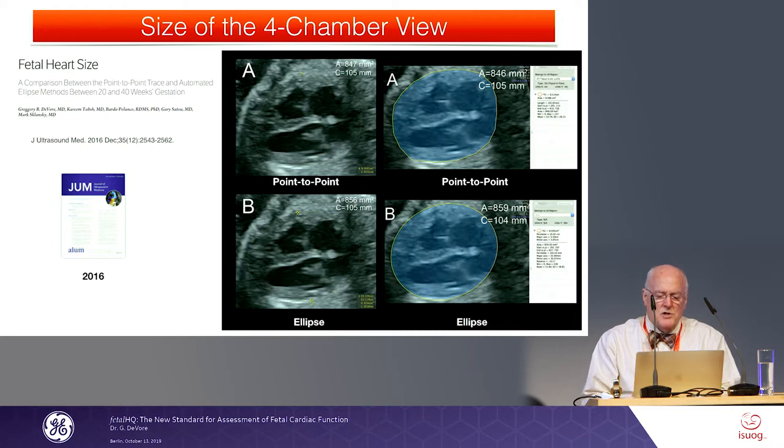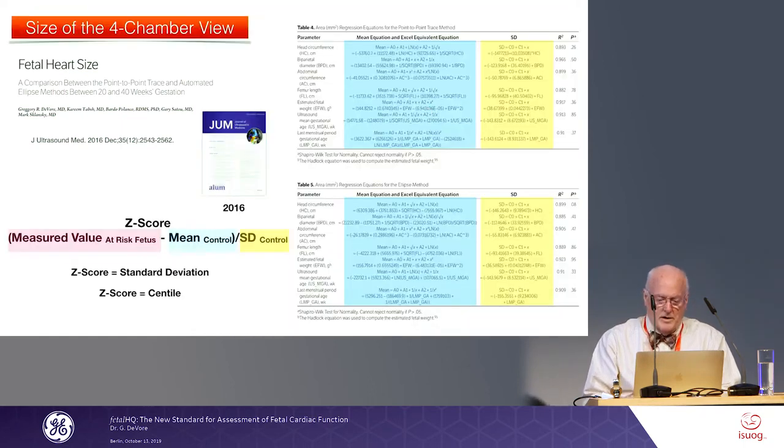So cardiomegaly as a screening tool is very important because it is associated with a number of different fetal conditions. And we can do that on the machine. It's hard for you to see because these are very small dots. This is a trace on the ultrasound machine. Or you can do it with an offline package, a DICOM measurement tool, which we have also used to make the same measurements. Now, the other thing that's important is that when we look at the size of the four-chamber view,